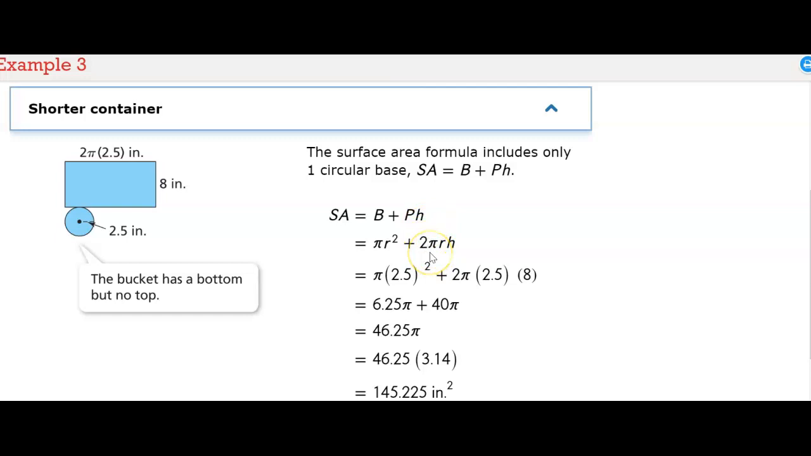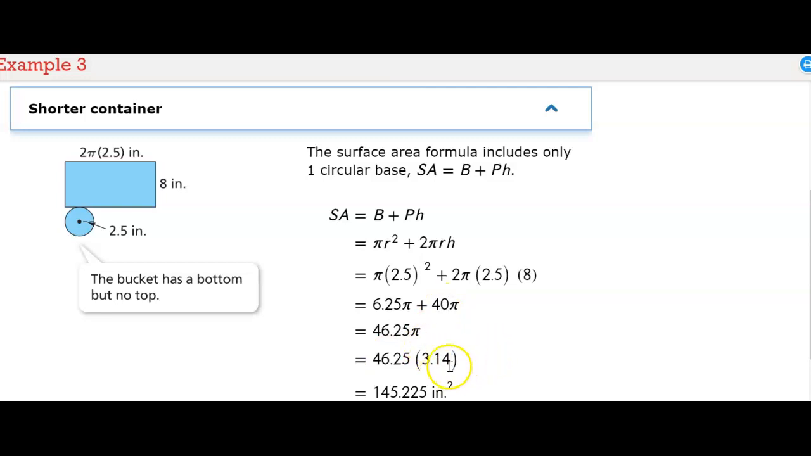P is 2 times pi times r, and then H. You substitute the r with the 2.5 here, and then you have the 2 pi 2.5, which is r again, and the height we have here is 8 inches, and then 2.5 squared is 6.25 pi plus 40, which is all of this multiplied together, and then you add the 2 together, you get 46.25 pi, and then